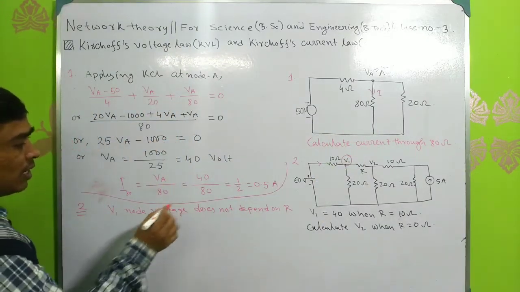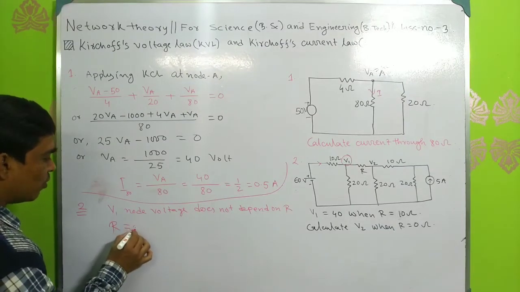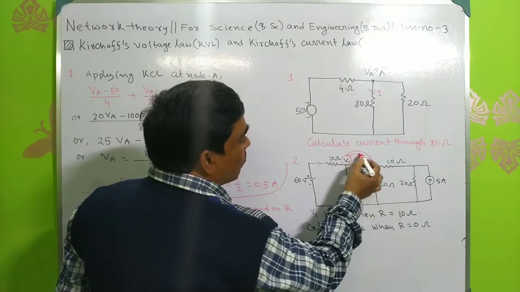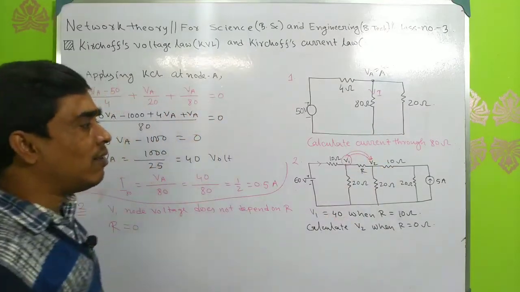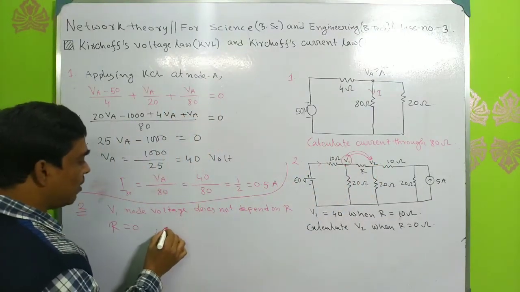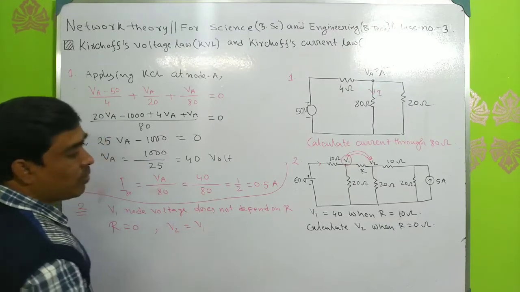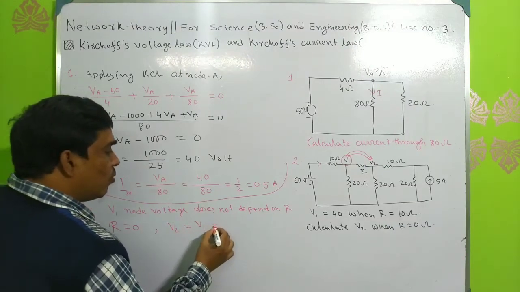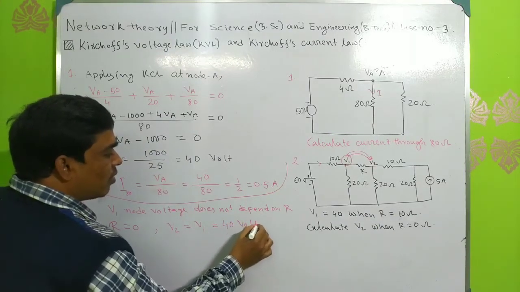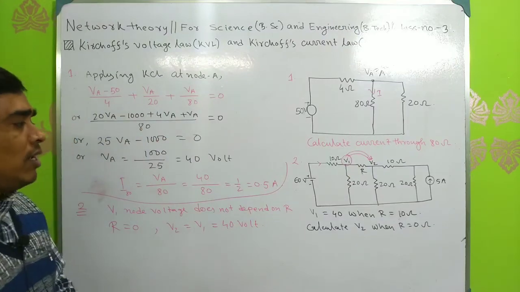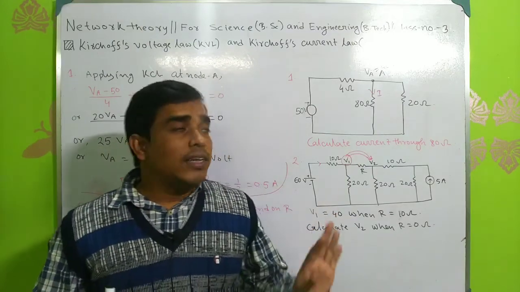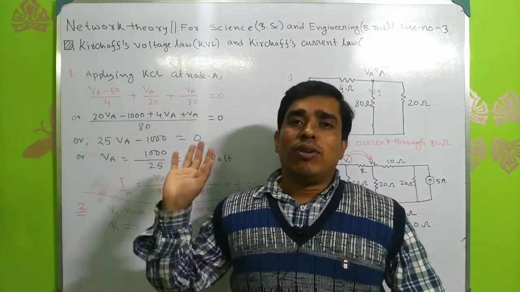So when R equals 0, then these two nodes are the same. Two nodes the same means V2 must equal V1. So the value of V1 is 40, so it will be 40 volt. Okay, this is a simple question. Okay, so this is the question related to Kirchhoff voltage law and Kirchhoff